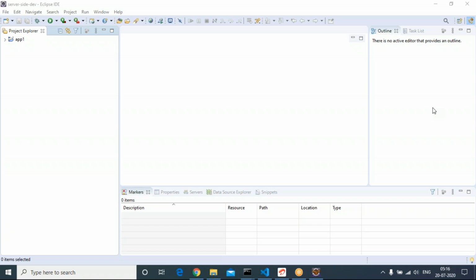Whenever there is a progress bar in the right bottom, don't do anything in Eclipse. Let it download all the jar files for every dependency. But in our application, there is only one dependency, that is Spring Web. For that dependency, whatever jar files were required, those got downloaded.